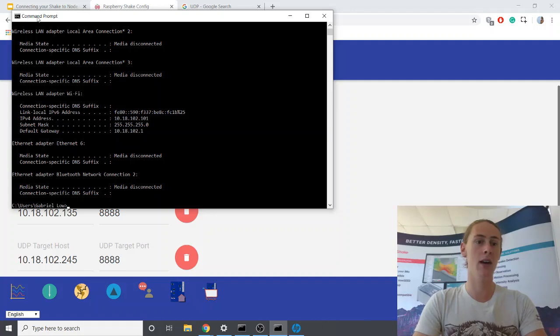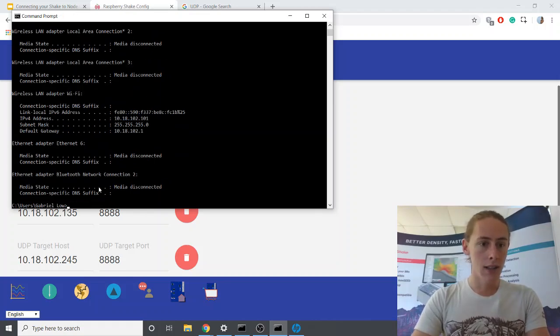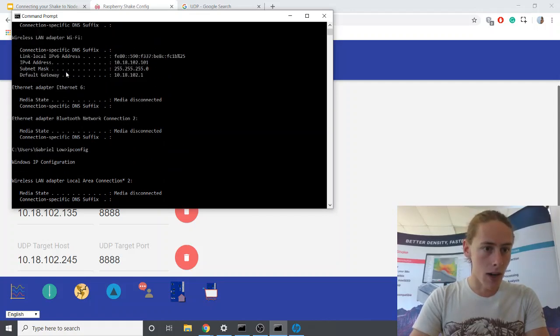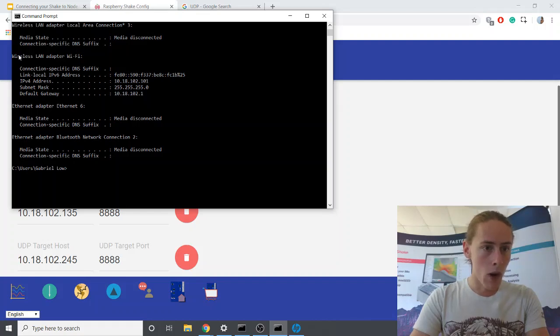Terminals are kind of scary things, but they're not too bad once you figure them out a little bit. Open the command prompt or terminal, depending on whether you're on Windows or Apple, and type in either ifconfig or ipconfig, and that will give you a list of your IP configurations. Now, wireless LAN adapter Wi-Fi, so I'm connected to Wi-Fi, that sounds right. IPv4 address, this is my local IP address,